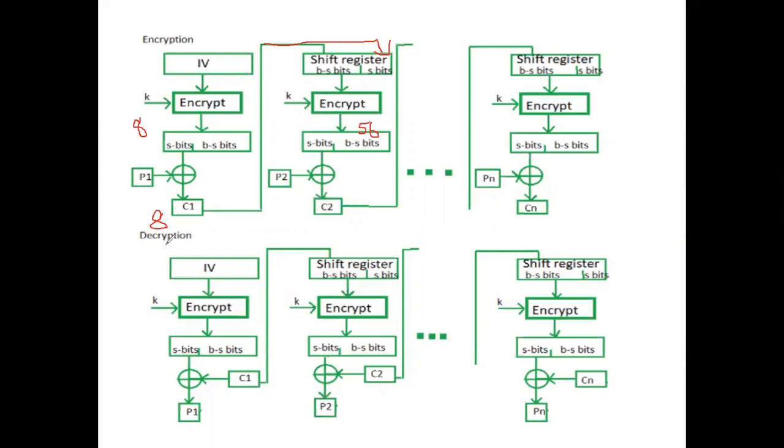It is in reverse. Here it is mentioned as encrypt. It is not an encrypt, it is a decrypt. See the process of decryption. Same initial vector. Here you are performing the decrypt. And the shift register will be divided into 2 parts, 8 bits and 56 bits, and then you are performing the XOR with the C1, with the 8 bits after the decryption, to get the P1.